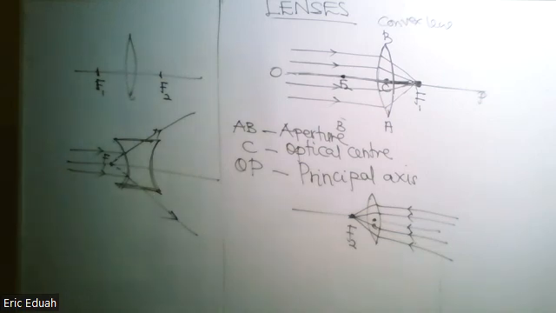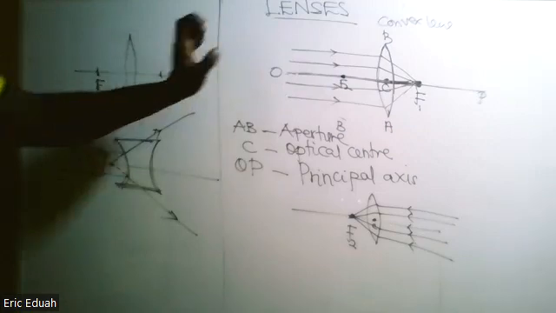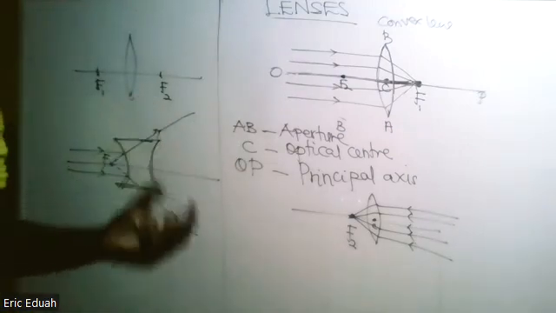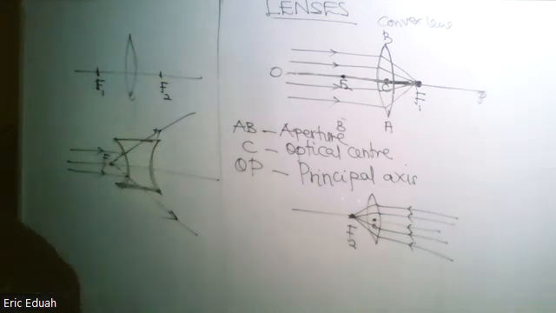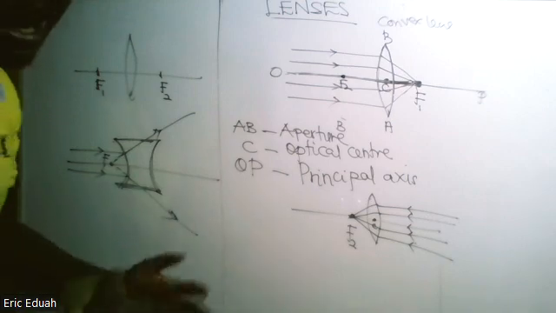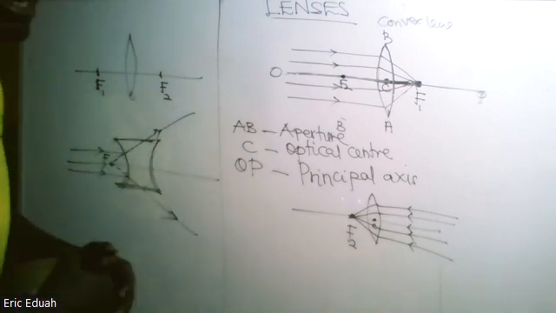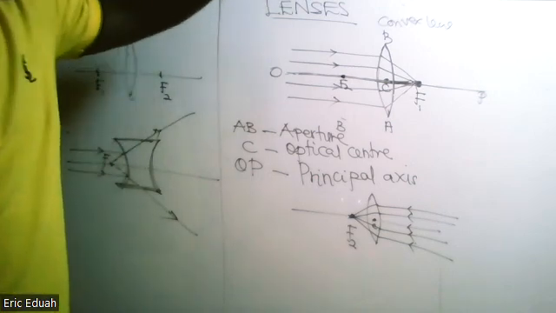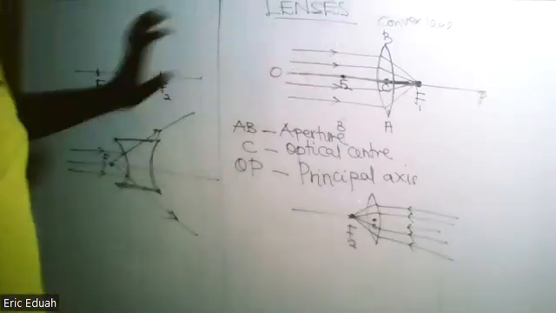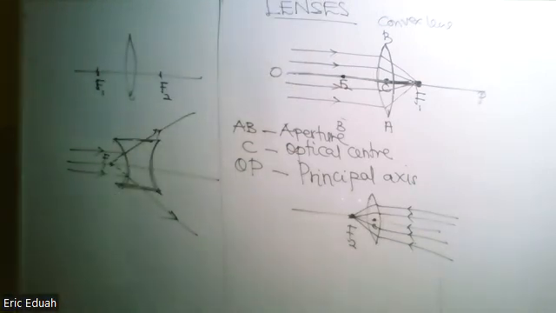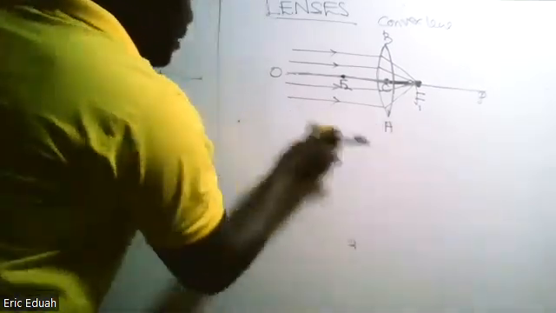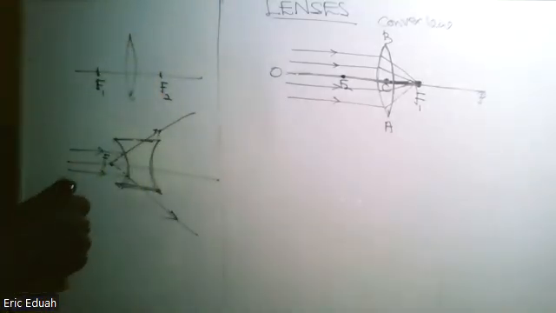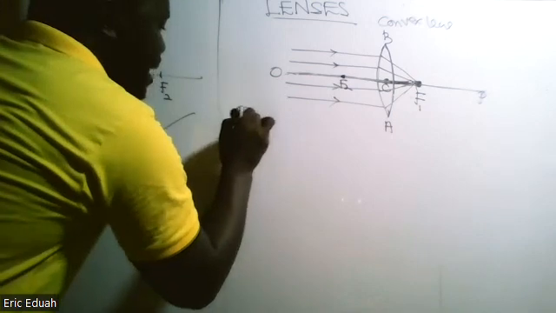So it is a point on the principal axis where paraxial rays converge or appear to be diverted from after refraction. And with this, I'm combining the principal focus for both of the lenses. Are we okay? Mr. Dia, please, you said where the paraxial rays converge or appear to be diverted. Okay, so the principal focus